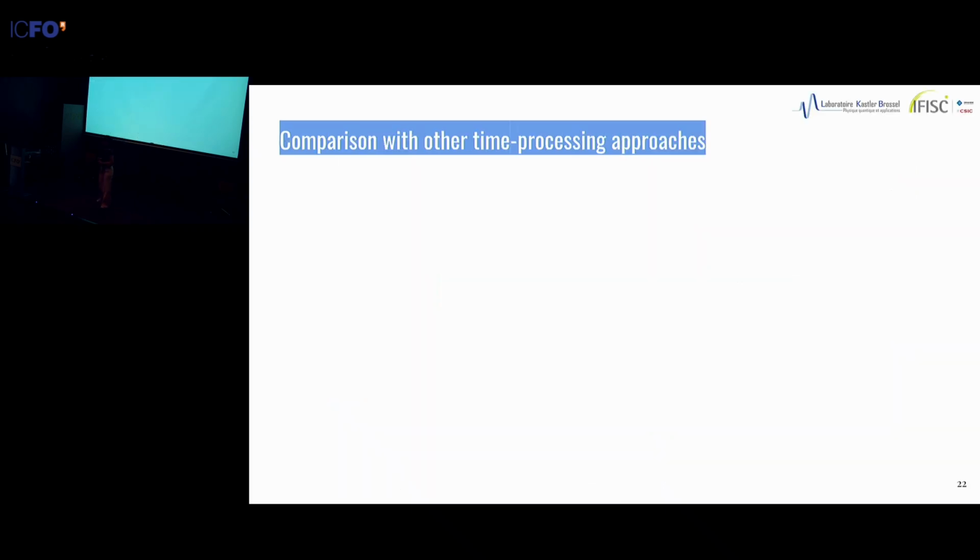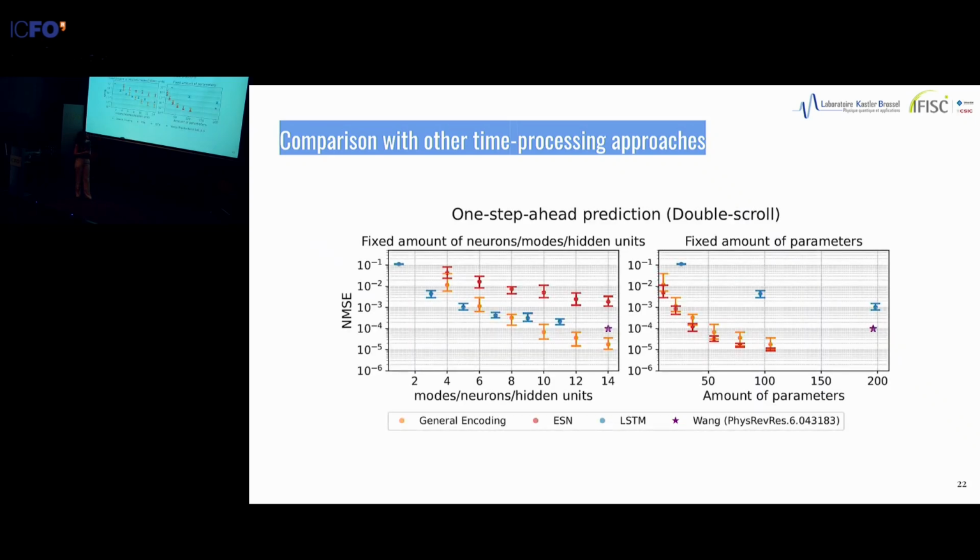Let's compare with other approaches. We went back to the double scroll, the forecasting task in which you have to predict what happens next. It was a bit difficult to compare with the other approaches because we measure some modes, but then we actually have the covariance matrix. So there is this polynomial difference between what we actually use for the reservoir and what we actually measure. Also, we have a lot fewer parameters to tune because we're just doing a linear regression, while